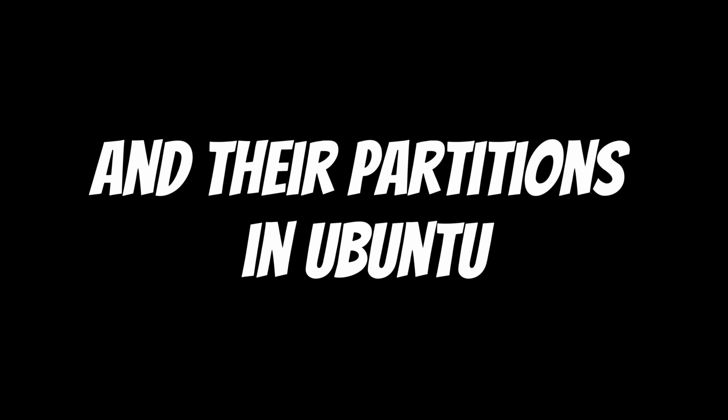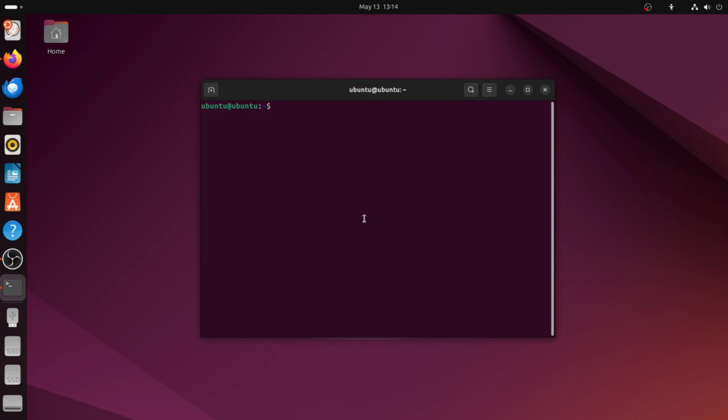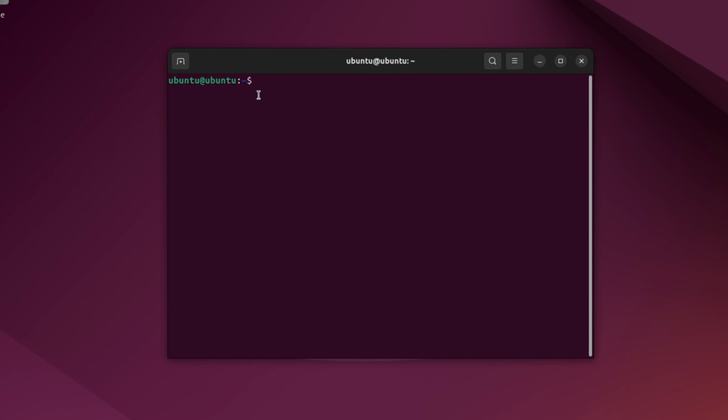In this video, I will show you how to view all available hard drives and their partitions in Ubuntu using the terminal. We will use simple commands that are easy to remember. First, open the terminal. You can press Ctrl, Alt and T on your keyboard, or you can search for terminal